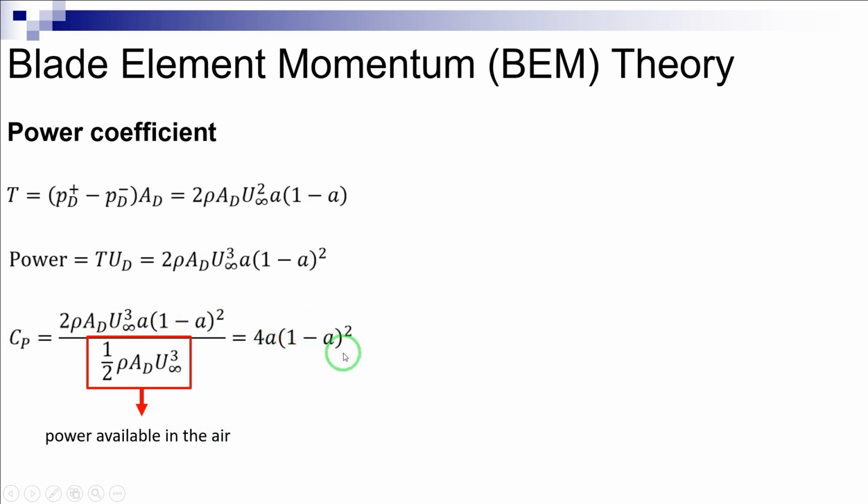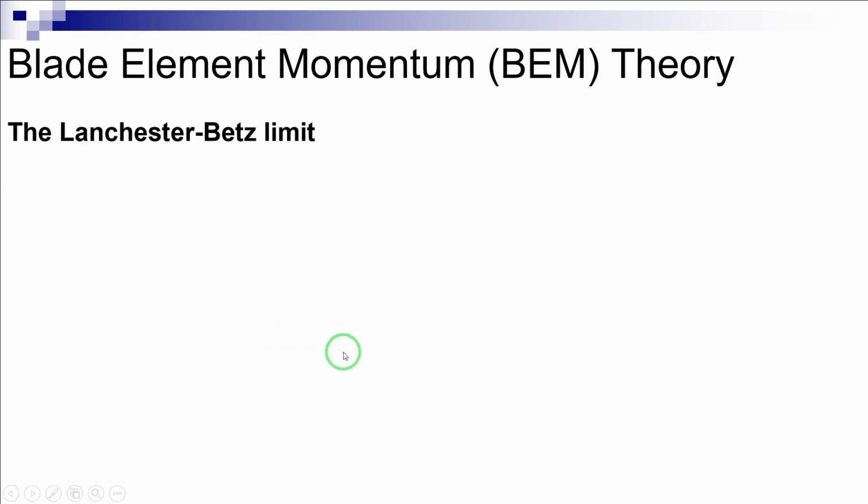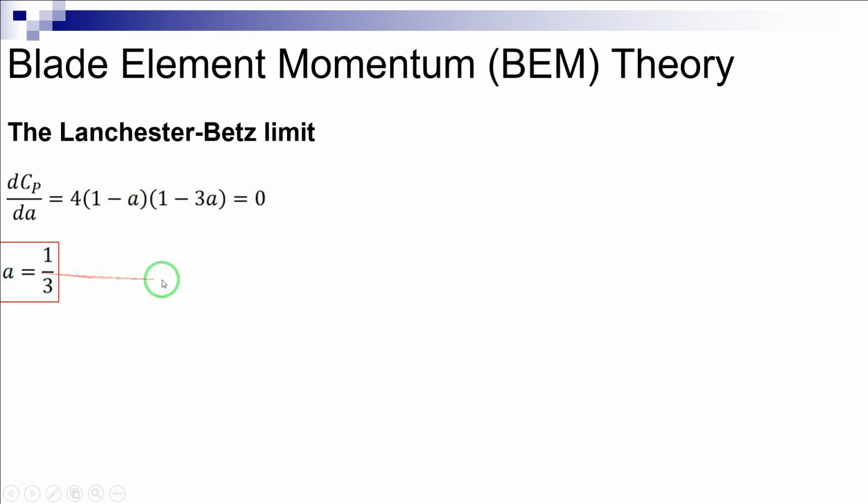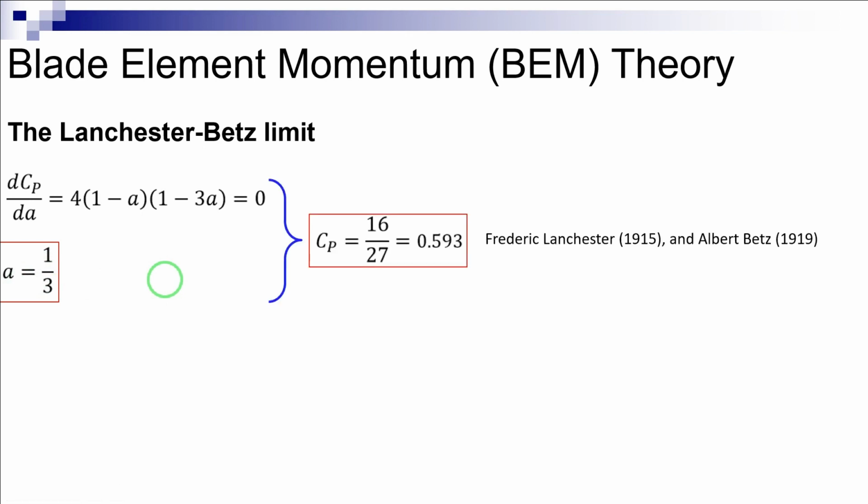The Lanchester-Betz limit. To obtain the maximum value of Cp, this equation can be used. Therefore, we calculate the derivative of the power coefficient with respect to the axial induction factor, and then we set this equation equal to 0, which gives the following value for the axial induction factor. Hence, the maximum power coefficient value is as shown here,